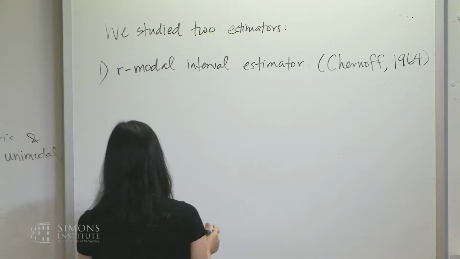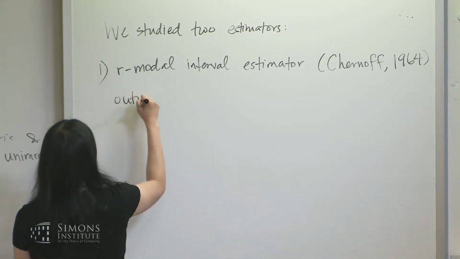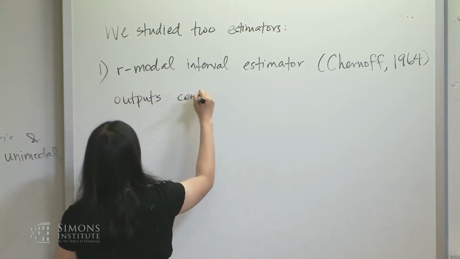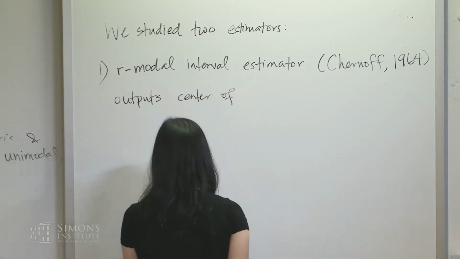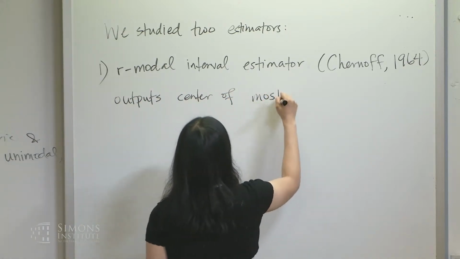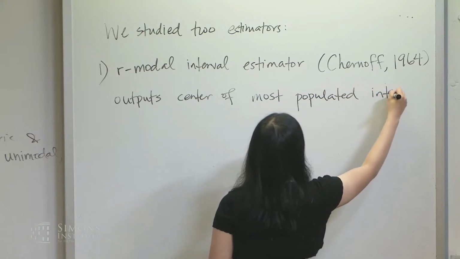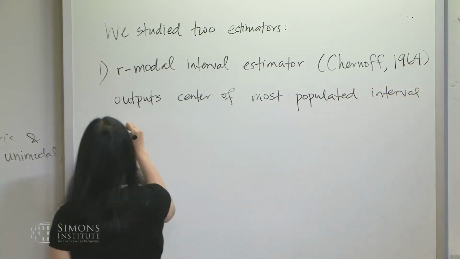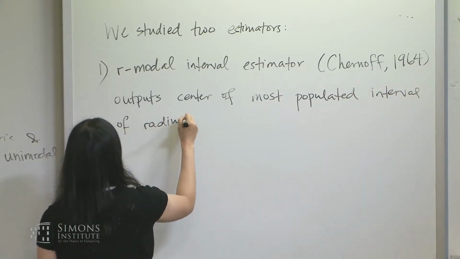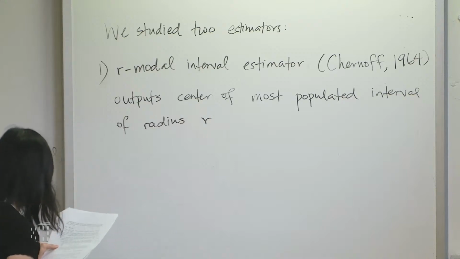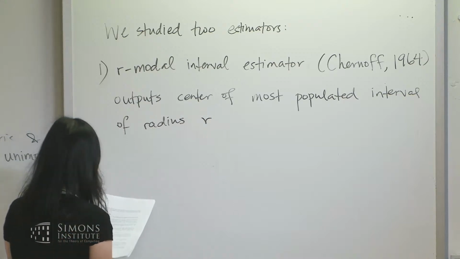What this does is it outputs the center of the most populated interval of radius r. Okay, so what that looks like is,